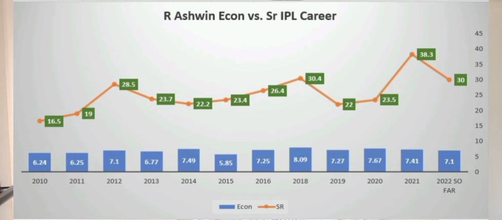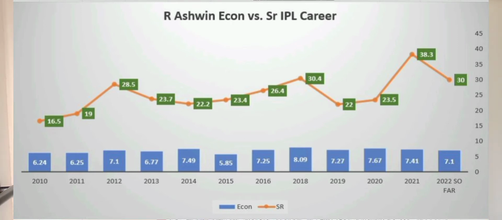And if you look at his upcoming graph, you would know that across the career of Ravi Ashwin, there has been one thing which is absolutely consistent throughout and which holds true even this season in 2022 for the Rajasthan Royals, which is his economy rate. Look at that. He's hardly and barely touched 8 runs an over. It's always been within the 7 runs an over mark over such a long career, which is absolutely staggering numbers and shows the class of the man.